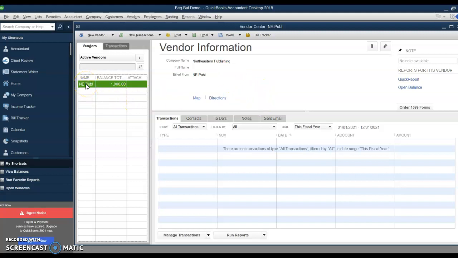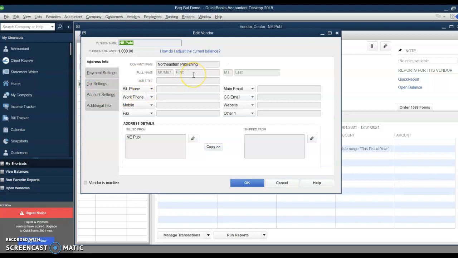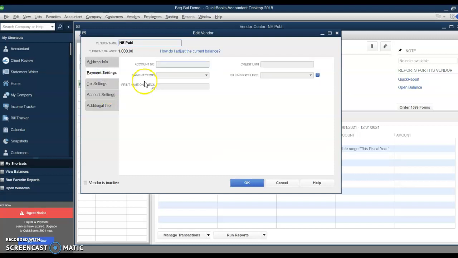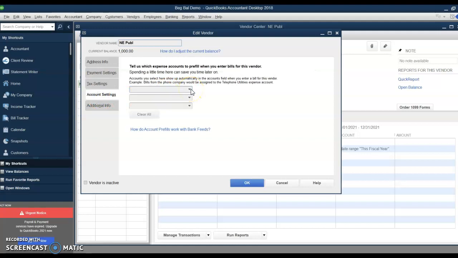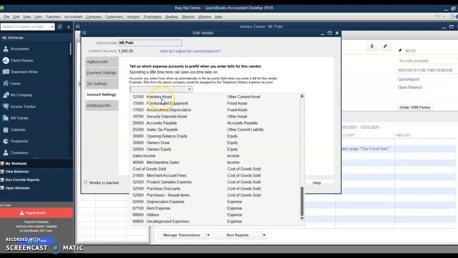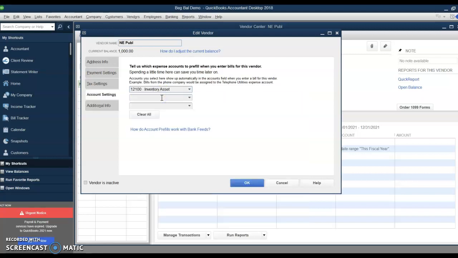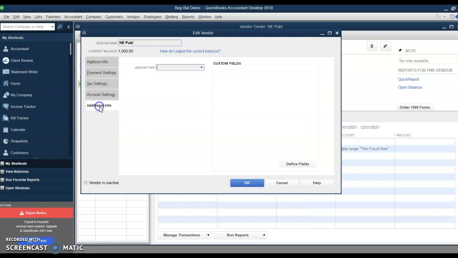and we're going to double click. Here it shows us the one vendor that we have here. We're going to double click on Northeastern Publishing. Okay, and we're going to go down to payment settings. The payment terms for that company was 2/10 net 30. We don't need tax settings. The account settings, when we buy stuff from Northeastern Publishing, it's inventory. Okay, and